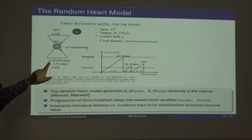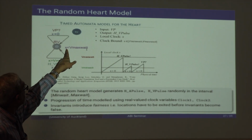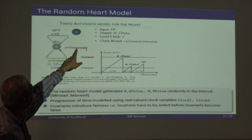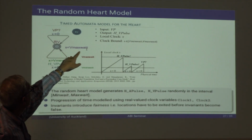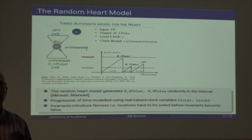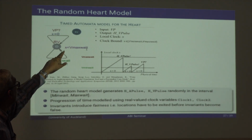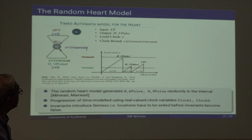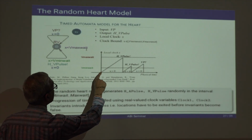So here what I do is I have an invariant in this location which is saying that a real valued clock variable is less than some maximum time, and I can delay until this invariant holds, as long as this invariant holds. And before this becomes false, either this guard or this guard has to be true. So what this is mimicking is a randomly beating heart where the clock is